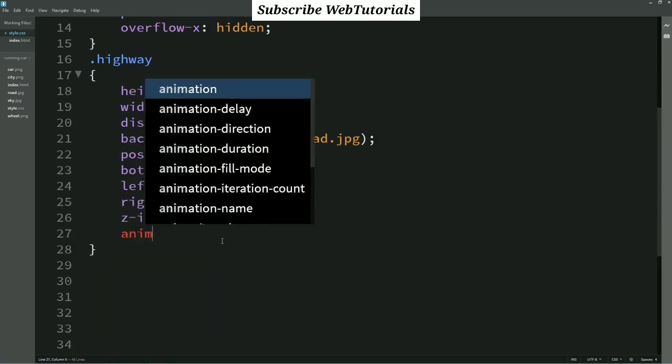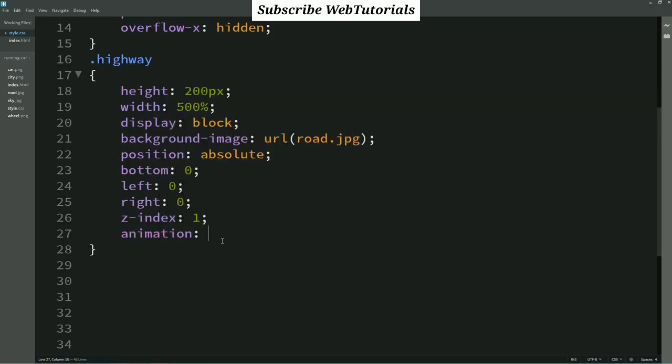Now we will add animation in this image. So I am writing animation highway 5 second linear infinite. Just copy this highway, and for this one we will write keyframes.